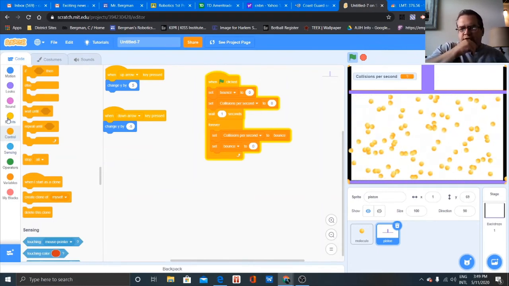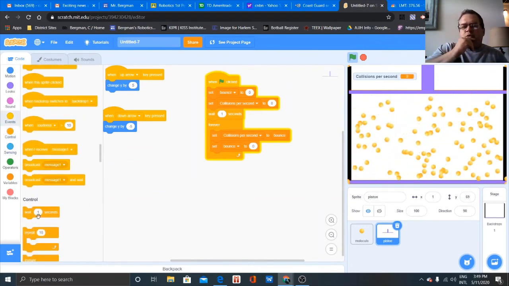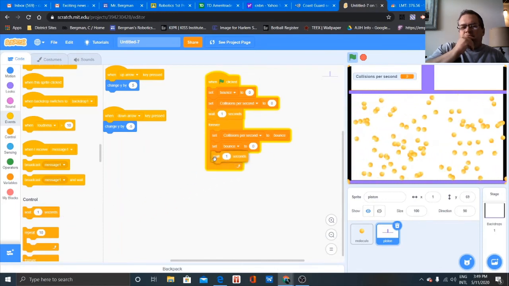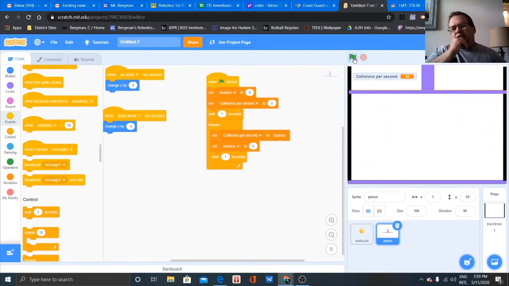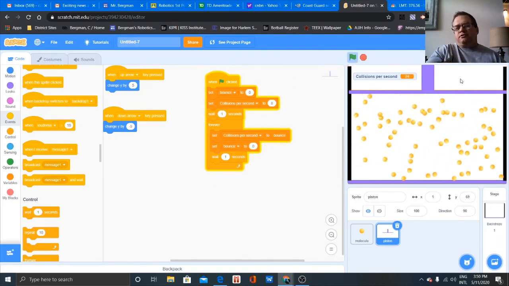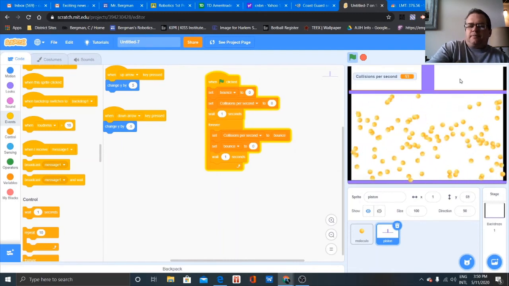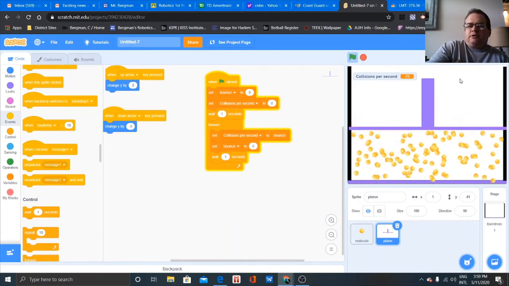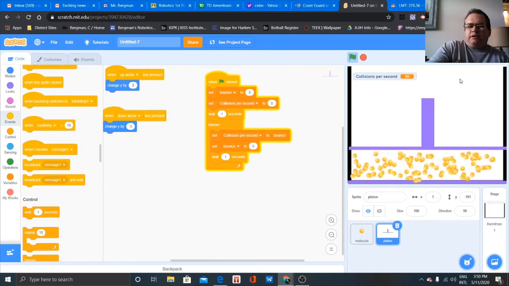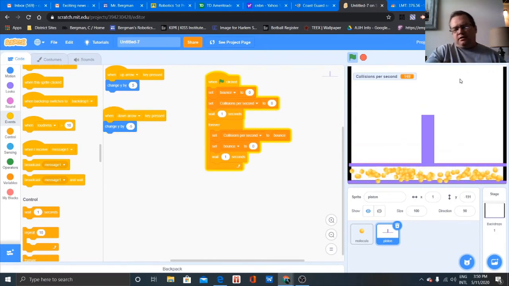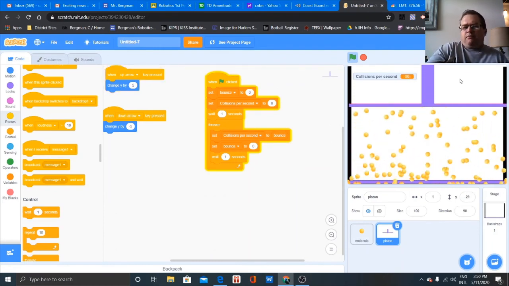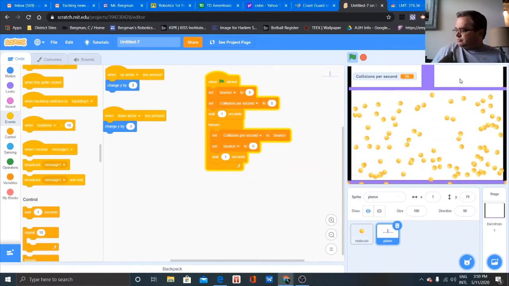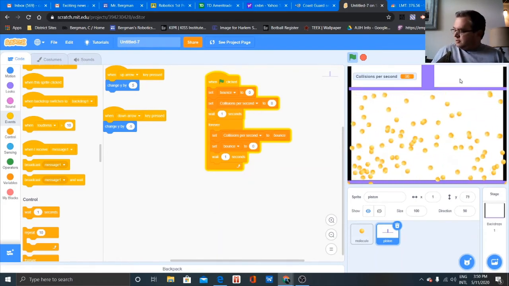So as you can see, the collisions per second count is just going 1, 2, 1, 2, 1, 2, 1, 2, 1, 2. So what we did to fix that is we put in a weight block, and it slows down the collection of those collisions, and then the code is able to execute properly. And you can see that as we push down on the down arrow on your keyboard, the piston comes down, and the molecules react to less space. And so,